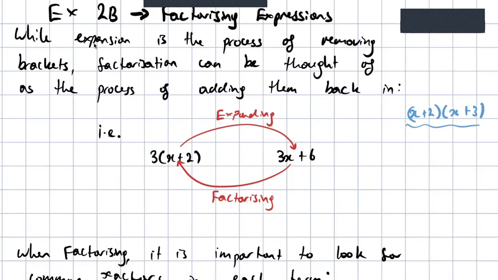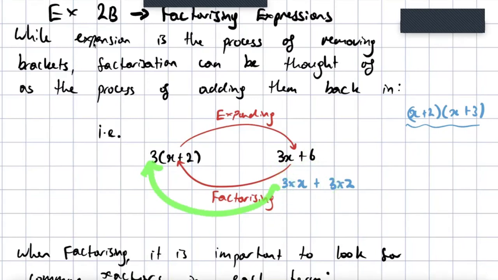Now, if you are watching this video, the assumption is that you've at least touched on some sort of factorizing before. It's almost like the reverse process of expansion, where we go and add in brackets by collecting like factors or common factors across each of the terms. So you'll notice in this particular example, we have two terms. We have a 3x and we have a positive 6. The highest common factor between both of those, if we were to break those apart, looks like this. There's actually a 3 attached to both of the terms there